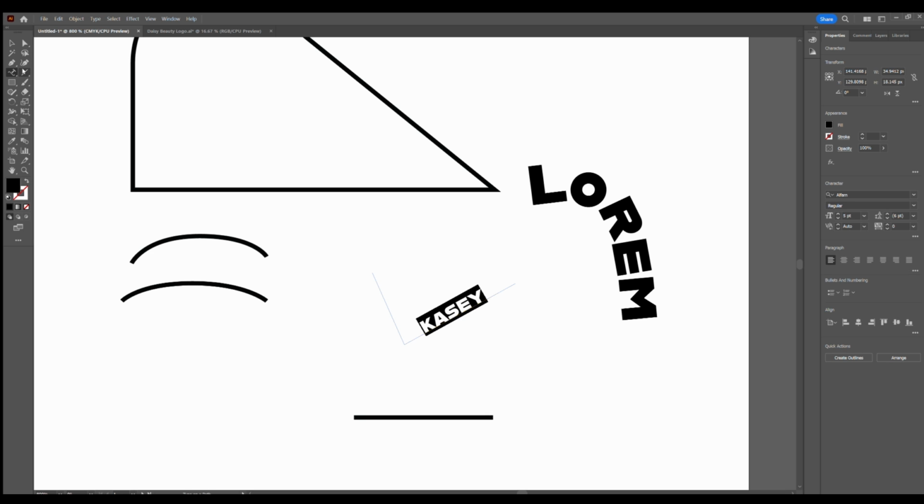I don't really prefer the line tool over the pen tool because the line tool doesn't really have a lot of manipulation that you can do with it, and I just feel like the pen tool is easier. Just hold down shift to make sure it's a perfect line. The rectangle tool,